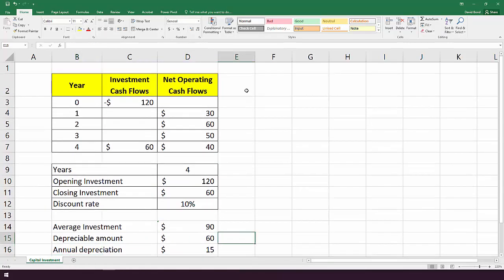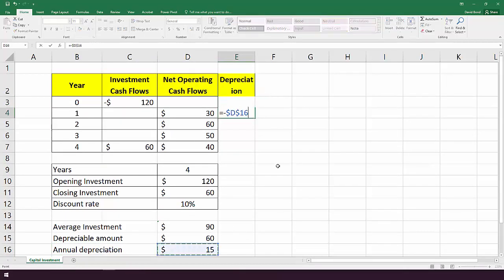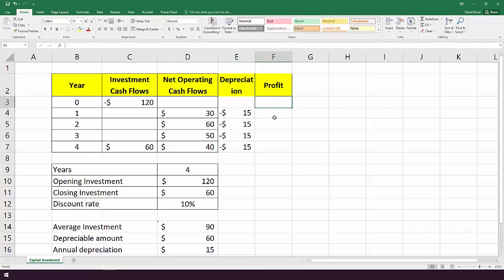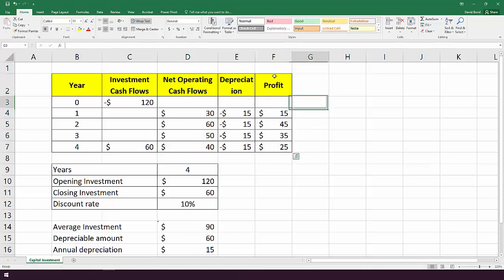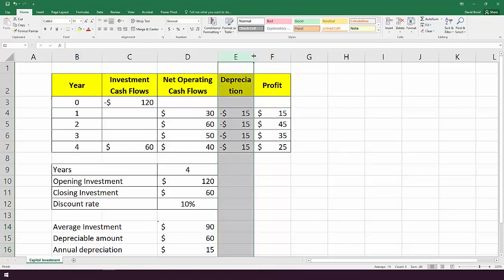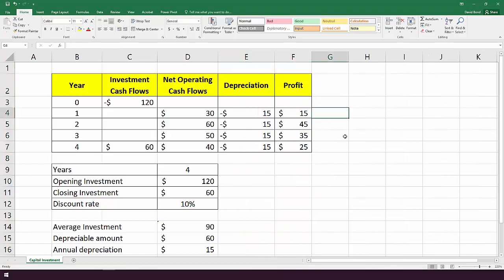So we have 15,000 a year. So depreciation is negative 15,000. That means profit is 15,000 in year 1, 45,000 in year 2, 35,000 in year 3, and 25,000 in year 4